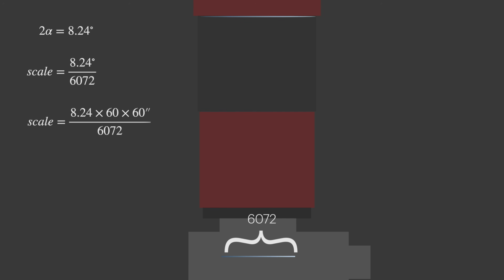We can convert 8.24 degrees to arc seconds by multiplying by 60 to get arc minutes, and then again to get arc seconds. This gives us 4.88 arc seconds per pixel. This is the image scale of this photo taken with this combination. It tells us how much of the sky is covered by each of the pixels of the photo, which is